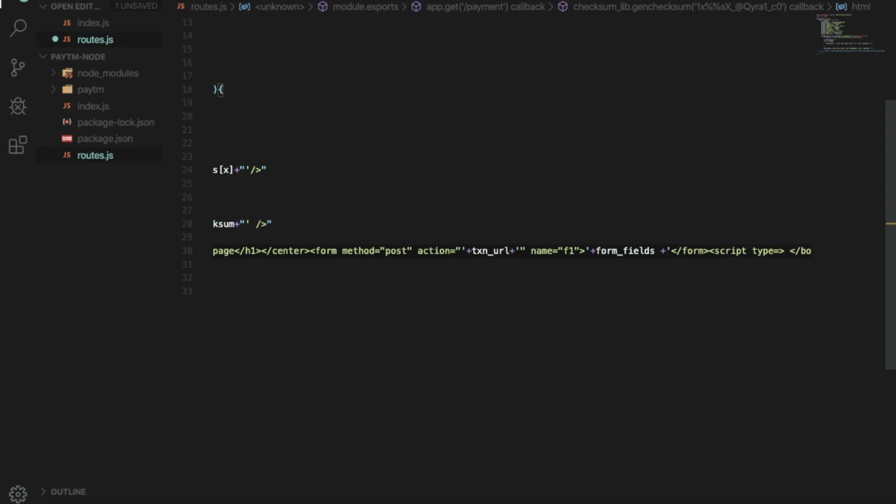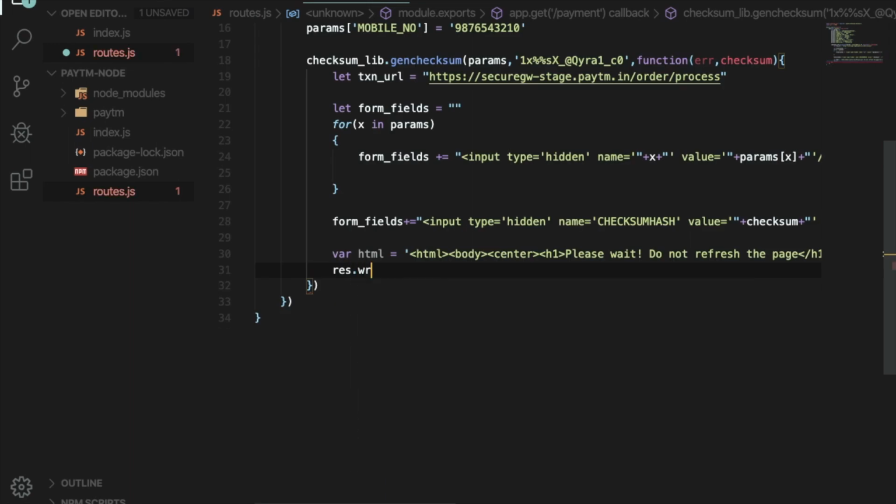Alright, now just write script type text or JavaScript, and here just notice one thing, that I have given the form name as F1. So inside the script I will just submit it automatically. So write document.f1.submit so that it will get submitted automatically. Then write